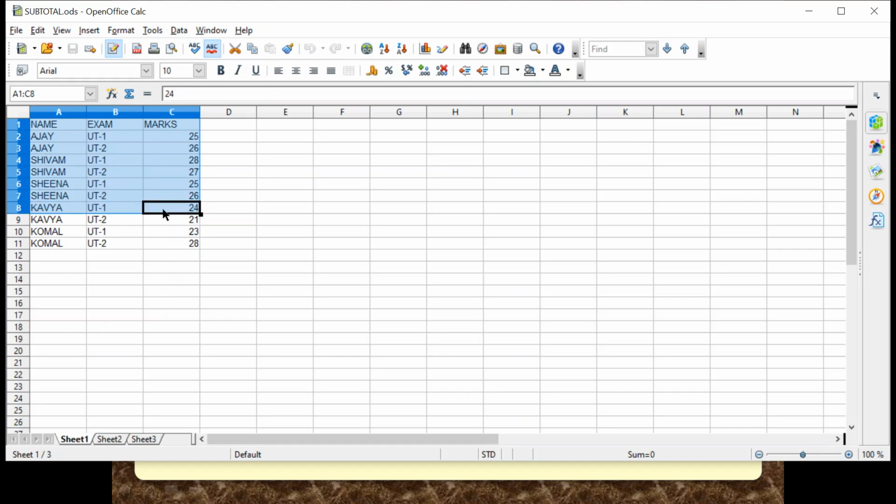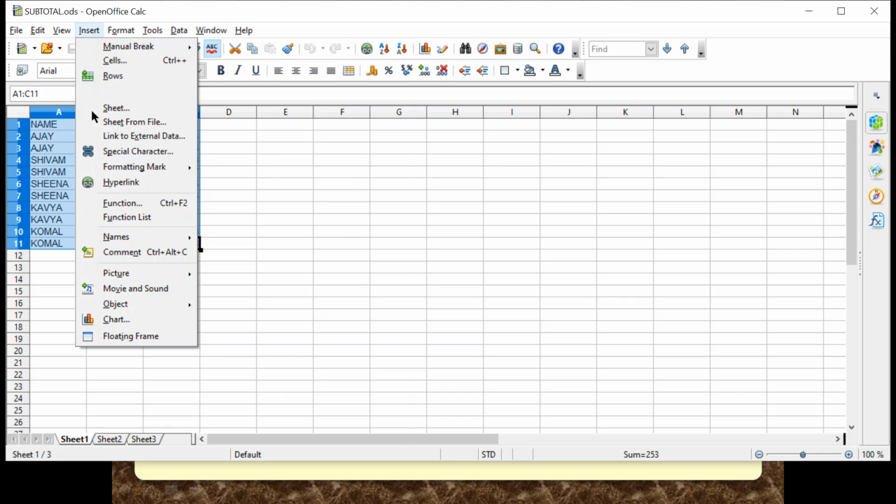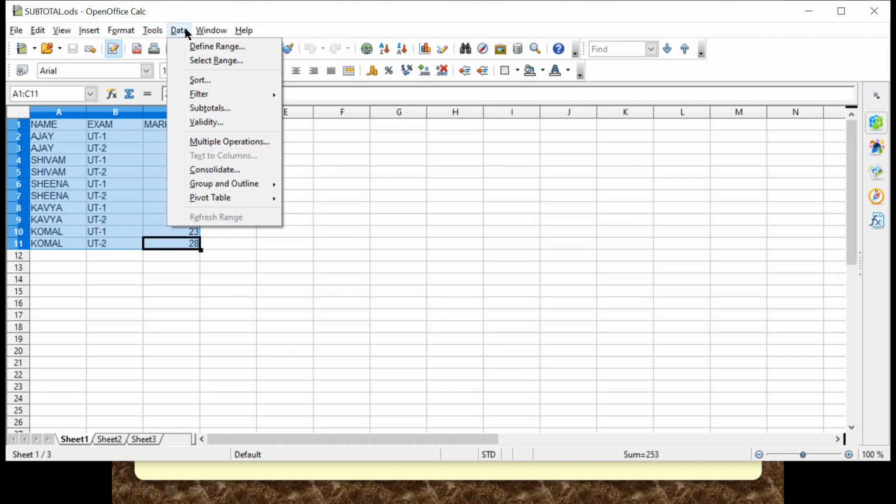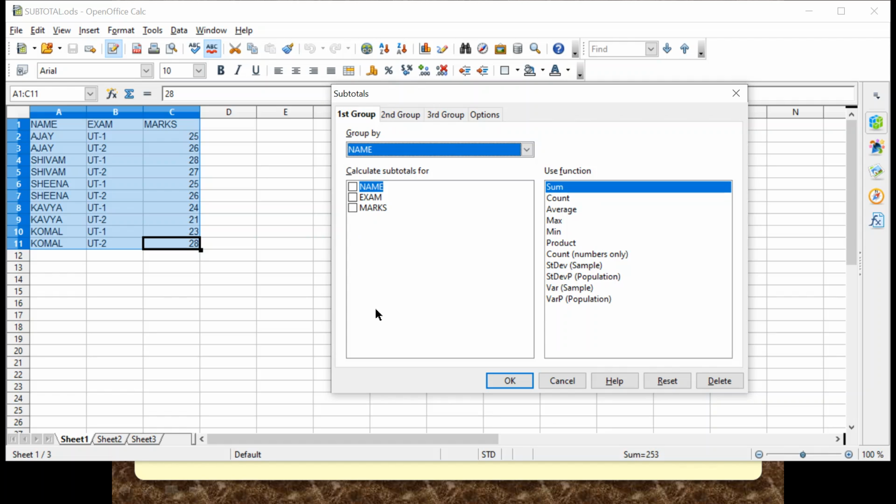First of all, select your data. Then two methods I have told you. Let me show you both. Insert. Then from Insert you will get Functions. Where are the functions? Here you can see Functions. Then from here in the mathematical functions you will get Subtotal. This one is there, right? This is the first method. I am crossing it now. And now the second method is to go to Data and you will get Subtotals directly, right? Both the methods can be used. Click on Subtotals. Now this is the dialog box for subtotals.